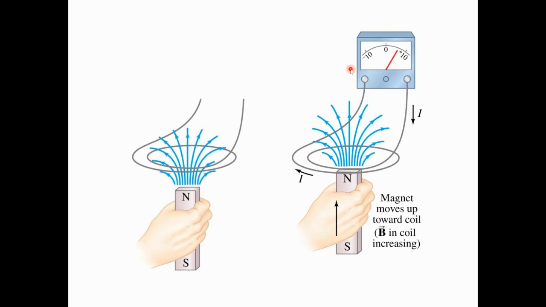Okay. So nature will induce a current in the wire in order to oppose that change. To oppose that increase in the flux in the upward direction, it creates a magnetic field that points downward on the inside. It's not drawn on the screen. Okay. But the current will be induced to create a magnetic field that points downward on the inside of the loop to oppose the change in the flux